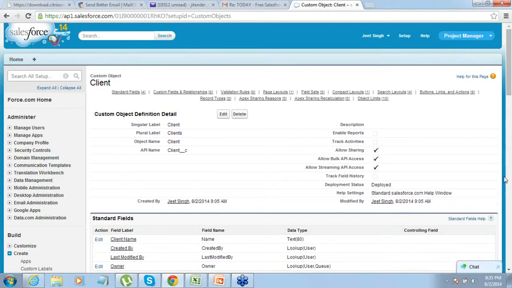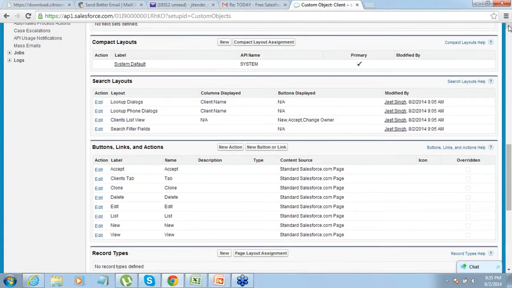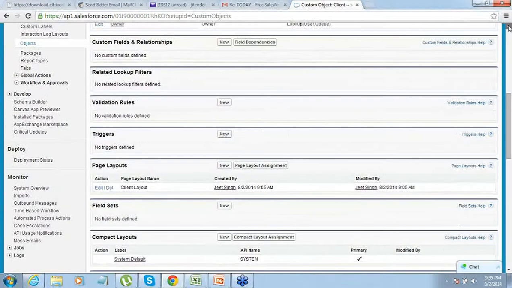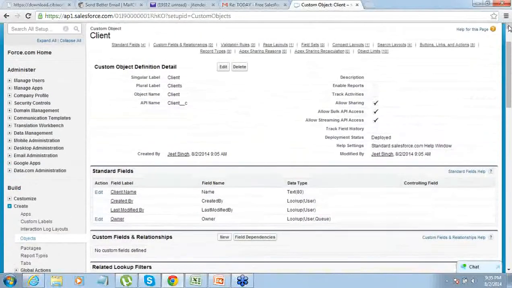Now, when you create a table, by default, it has a column for storing the name. Okay. By default, every table that you create in Salesforce has a column to store the name of that record. So client name is already there. This is the screen where you would see the object details. This client name thing is already here.